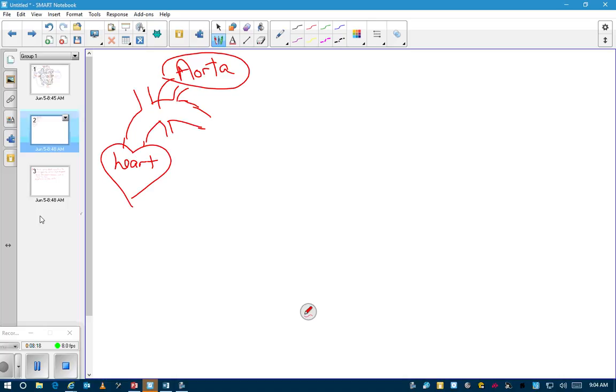I don't know why that mattered, but there you go. So the largest one is the aorta. So as it branches off,